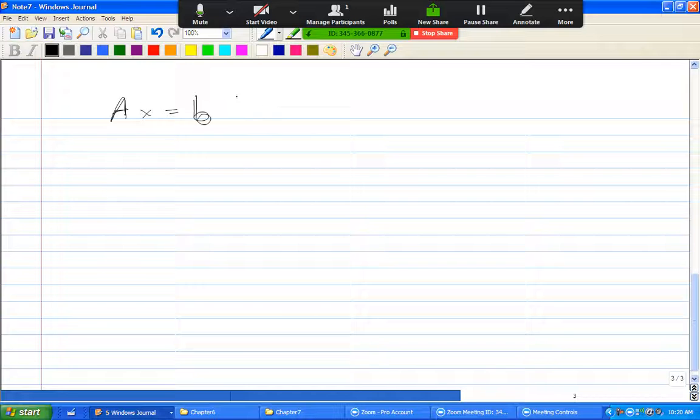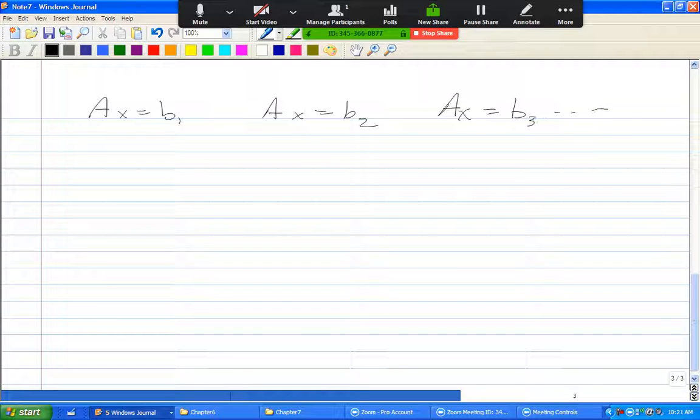So it could be that you're trying to solve a whole system of different systems of linear equations, looking like this. You wouldn't want to have to solve all these many times, but it turns out that all you'd have to do, suppose you had a whole bunch of these to solve,